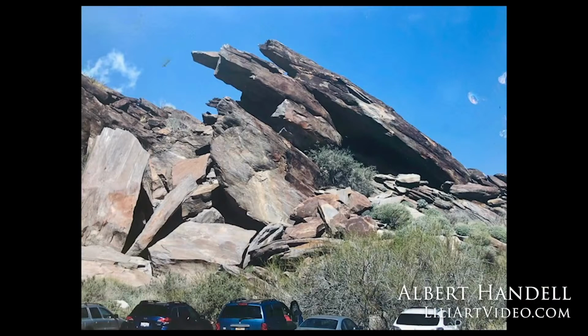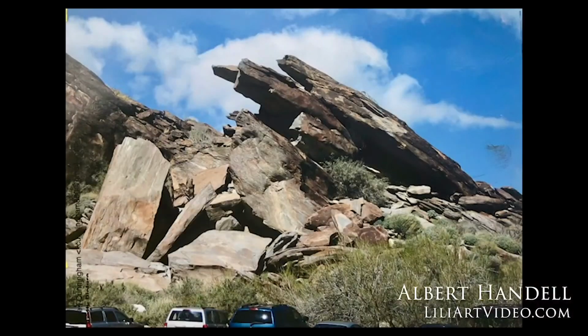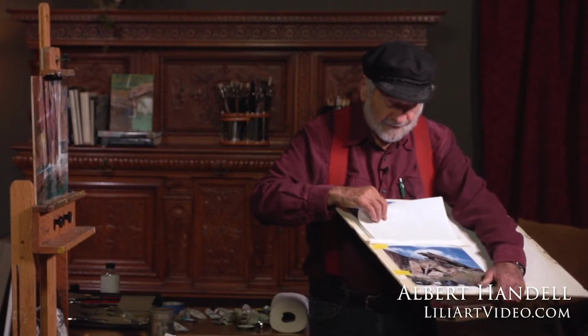I was painting this, see? There's my little blue truck. And I was very interested in the rock formation. And the rock formation looks lovely and had a blue sky. And 10 minutes later, it had a white sky. Just this alone changes everything and gives me insights as to what it could be or what I want it to be, rather than I have to get it as exactly as it is, okay? So there's a flexibility for my using